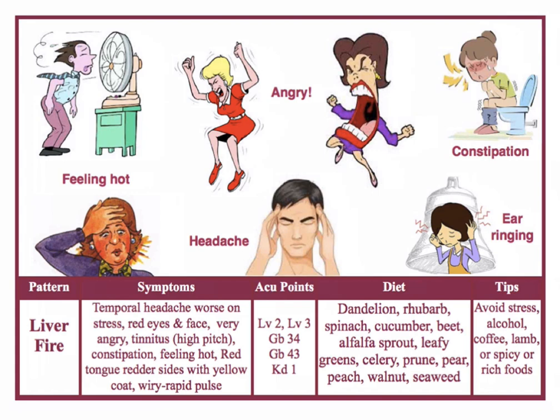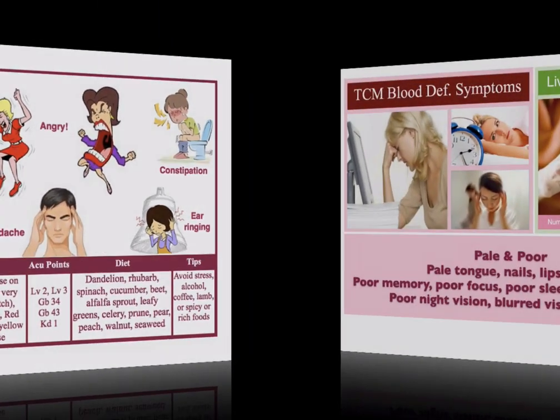And of course, having to avoid any food that is going to really raise the fire. So alcohol, things that are very hot, right? Spicy food, rich food, lamb. Lamb is one of the hottest meats, so that also makes it worse. So we want to have more cooling things like rhubarb, which is quite cold, and dandelion. Those are very cold, so you don't want to do this long term. But cooling things like cucumbers and spinach and leafy greens, those are great to cool the fire down.